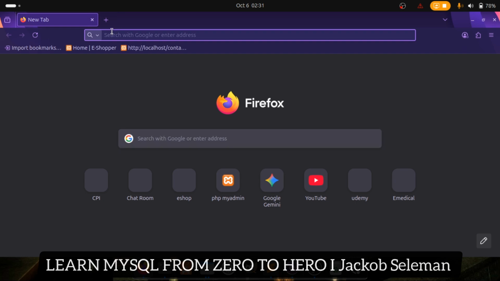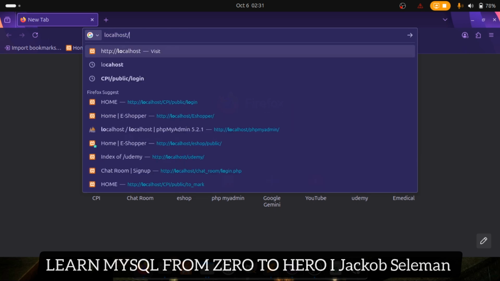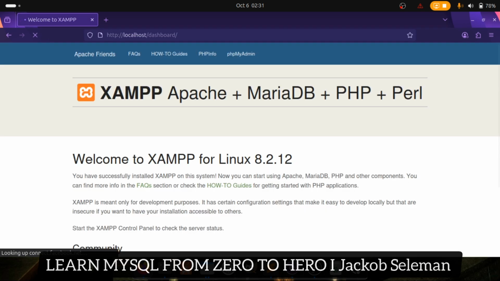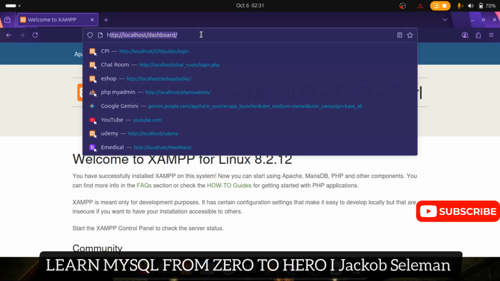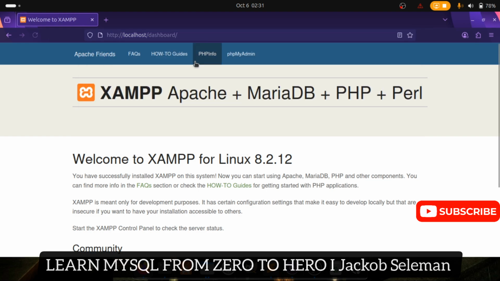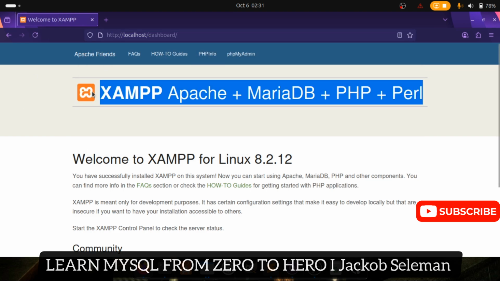So now I'm going to type a localhost and press enter. If you have installed XAMPP successfully on your computer and type a new URL here like this, it will bring you to this location. If we don't see this, it means that either we didn't activate the Apache and the MySQL, or you failed to install